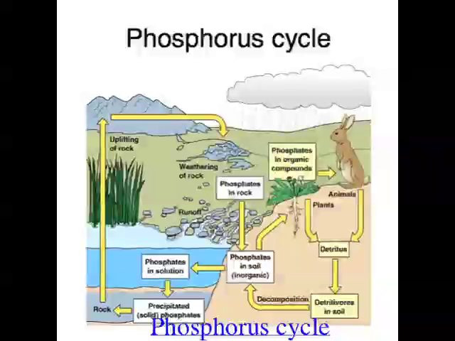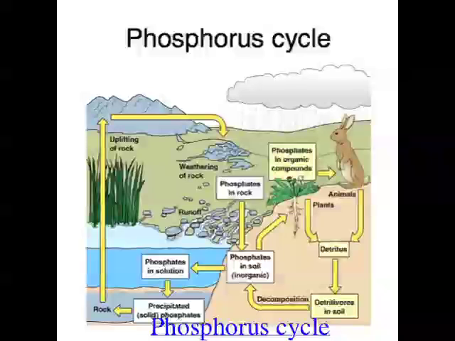Another biogeochemical cycle is the phosphorus cycle. The phosphorus cycle actually takes a really long time to complete, way longer than the nitrogen cycle or the carbon cycle, basically because it involves rocks. So phosphorus is initially released into soil and water by the weathering of rock, and then phosphate is taken up by plants, and then it goes through food chains, so animals eat the plants, and then those living things, plants and animals, die. And the phosphate in the living things is eventually broken down, but then the phosphates eventually go into groundwater and eventually end up in the ocean,